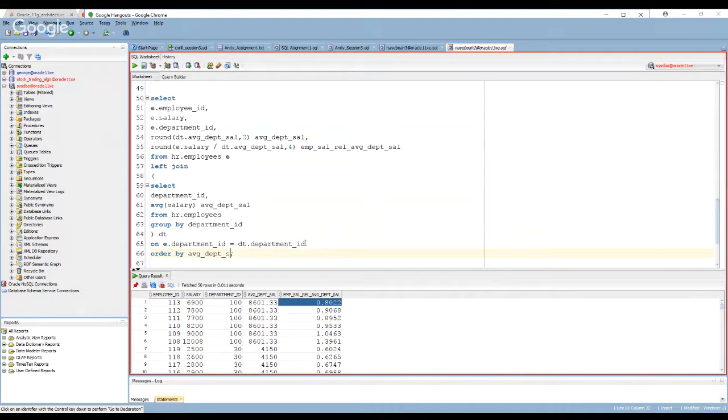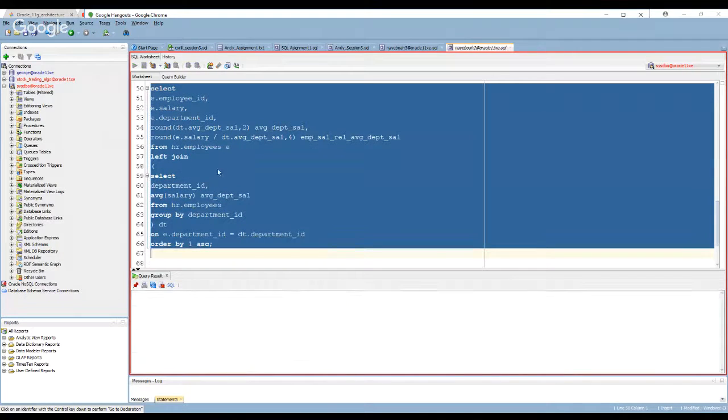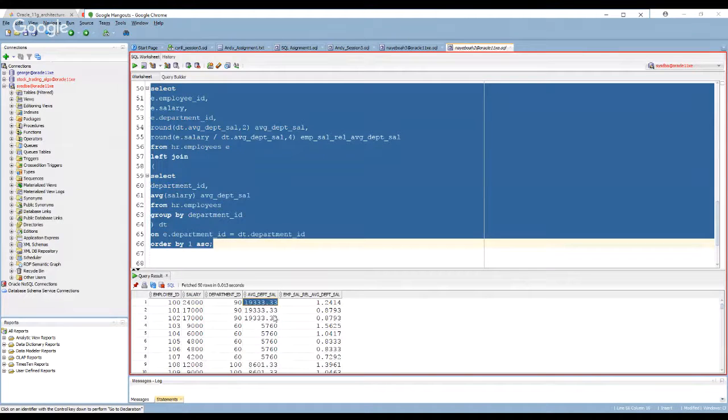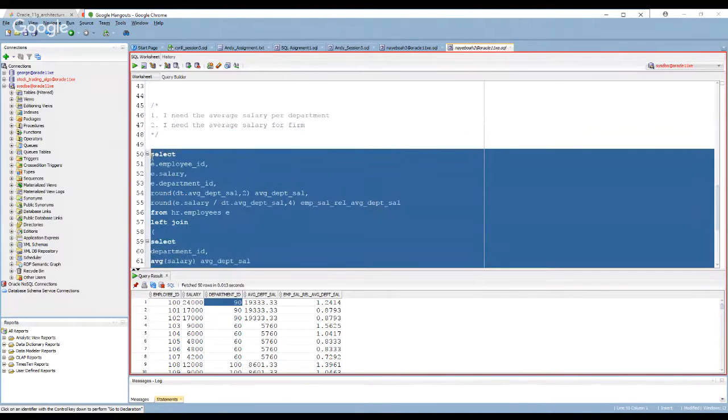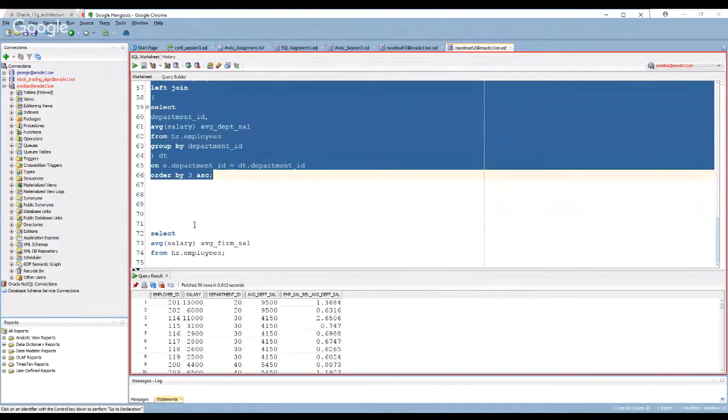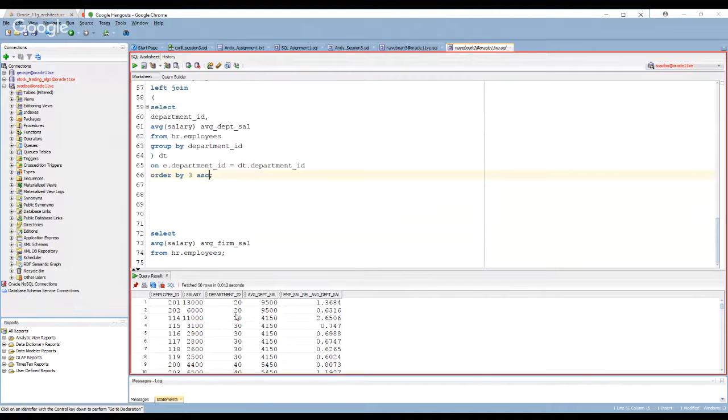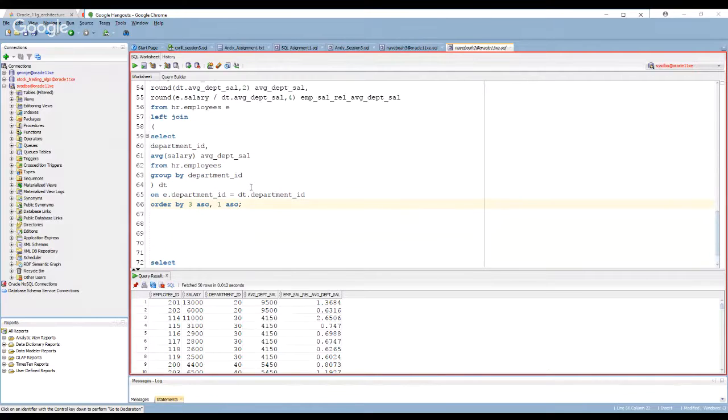So I would want to order this result set by the first column, right, and see that. So you can order it in 2 ways, right? You can order by the first column, or you can order by the 4th column, right? So ordering by the employee ID, I will see it this way. And if I order by the department ID, that means the 3rd column, I would see it this way, okay? And oftentimes, a nice approach is to actually say, order by the department ID, and within the department ID, I want you to order by the employee ID in ascending order. Okay.